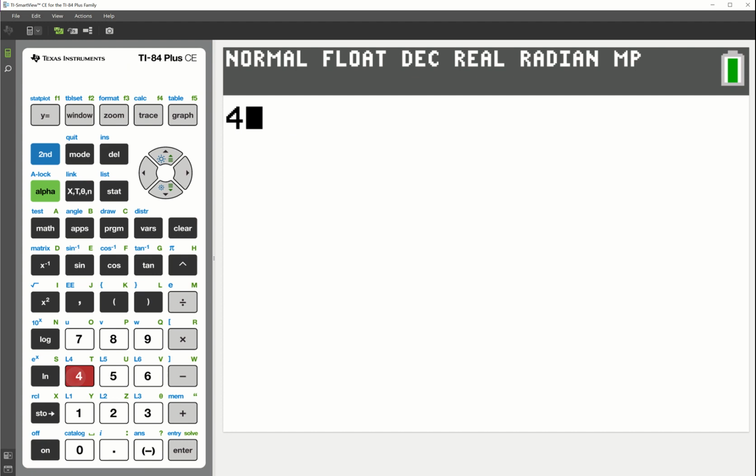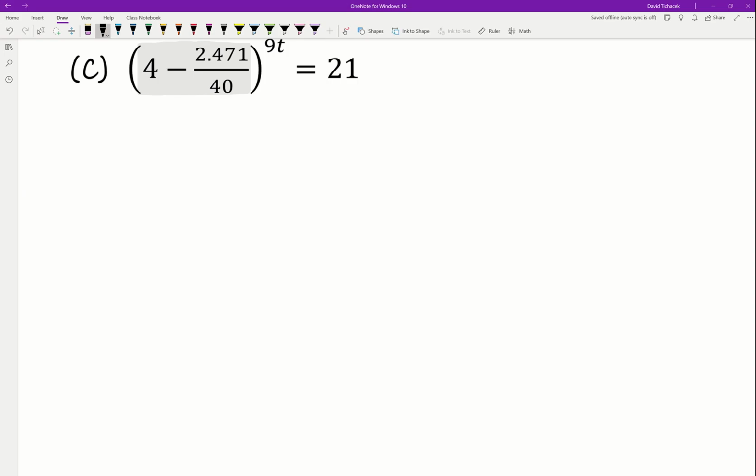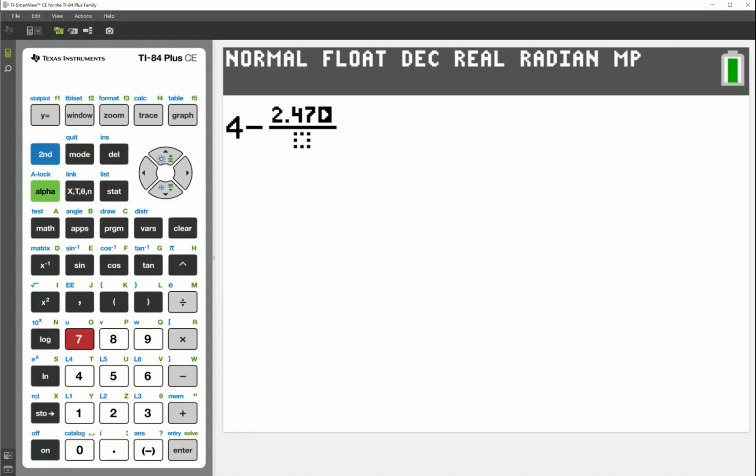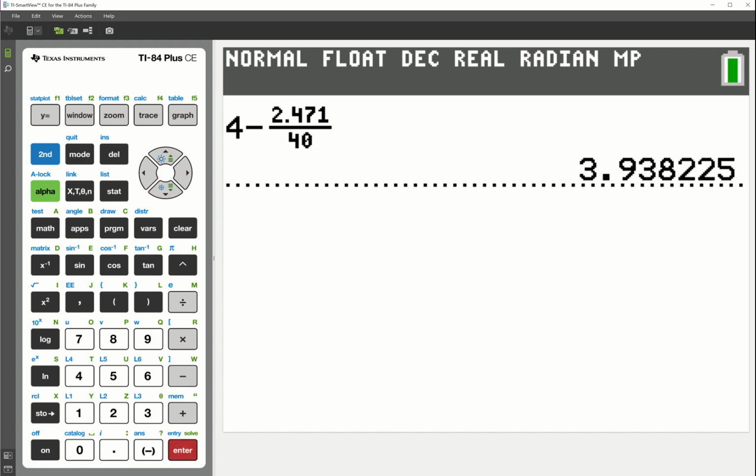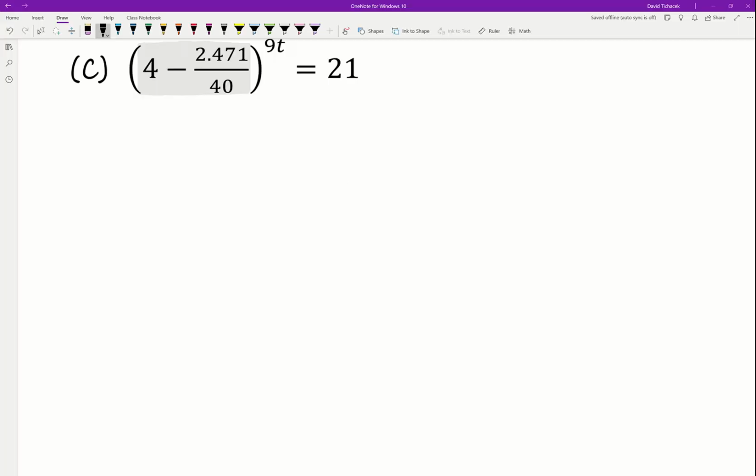So let's do that. So 4 minus the fraction we had here, 2.471 over 40. And if we press enter here, we get this nice decimal approximation for what's inside the parentheses there. And so that's going to be 3.938. And so we'll substitute that in. 3.938, and the numbers keep going. So I'll say dot, dot, dot, all raised to the power of 9t